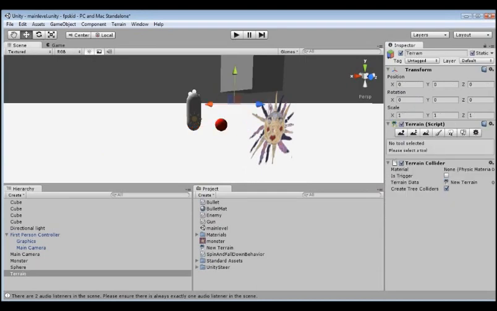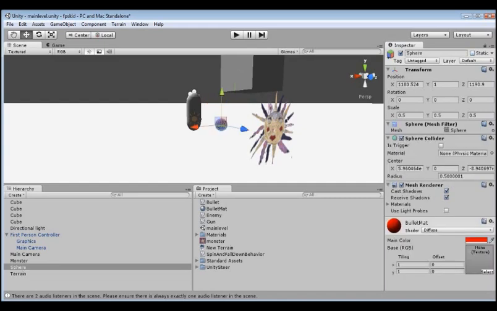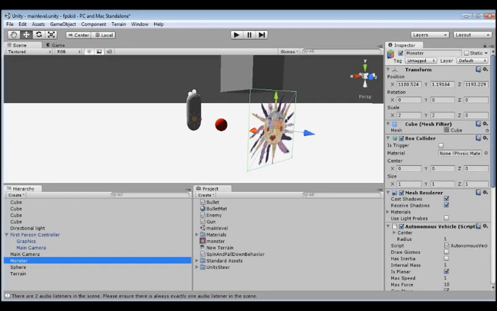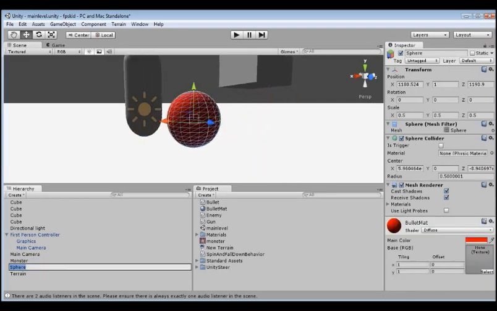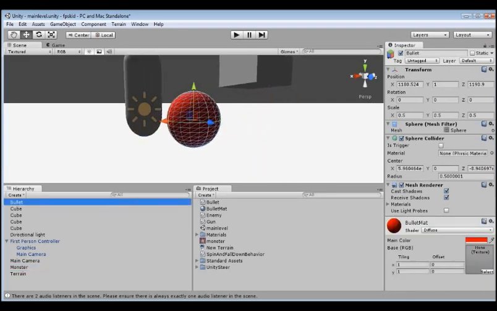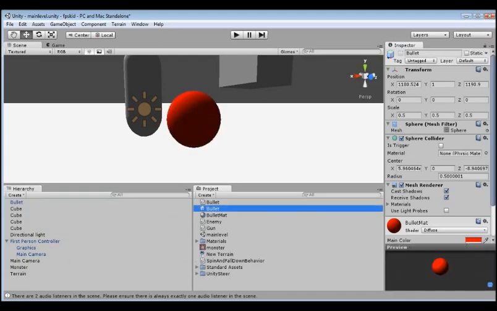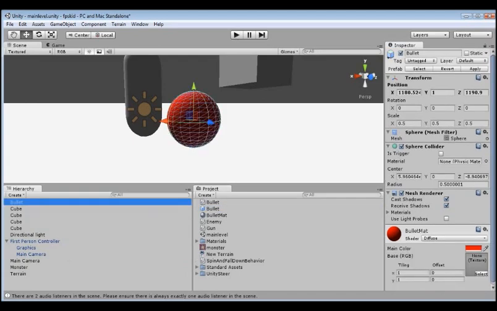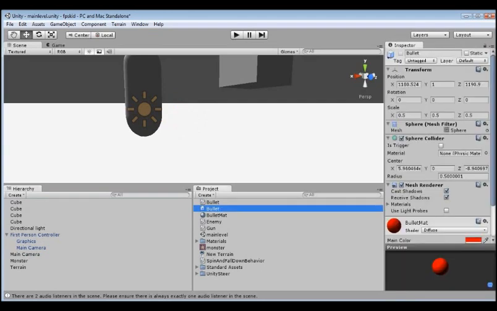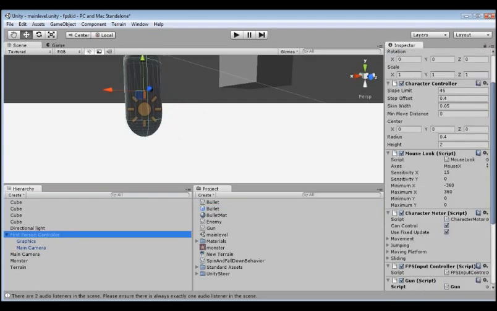So there's our bullet, and let us name it bullet. F2 to rename. Now, what we need to do is make this into a template, and that way our gun can spawn as many of them as it wants. And to do that, it is as simple as dragging it into the other window. Now we have a bullet prefab, and we can delete our original bullet,